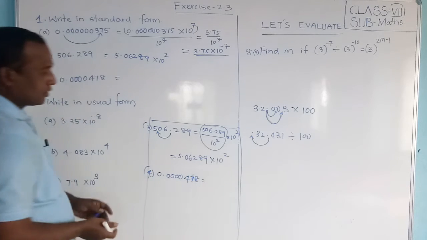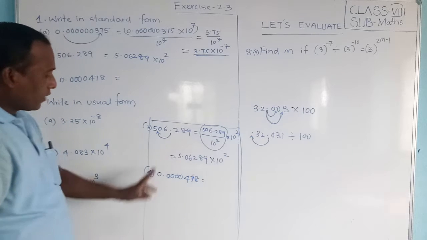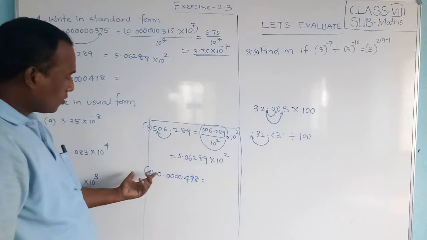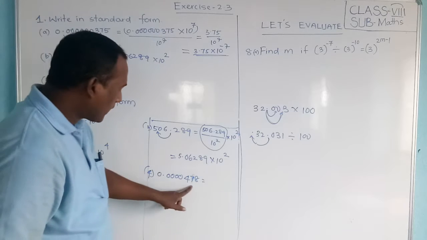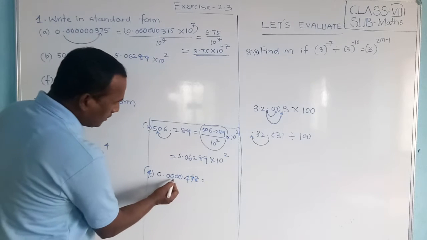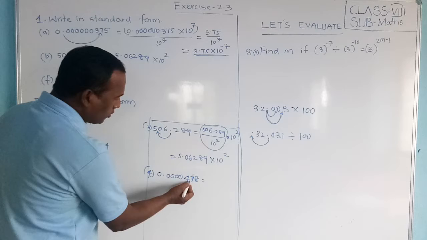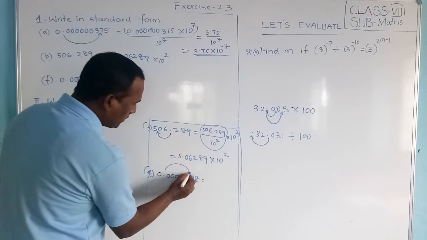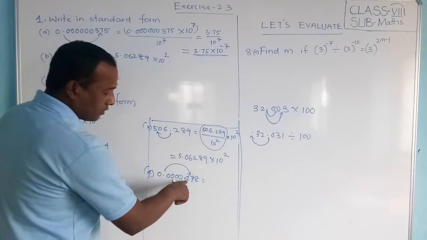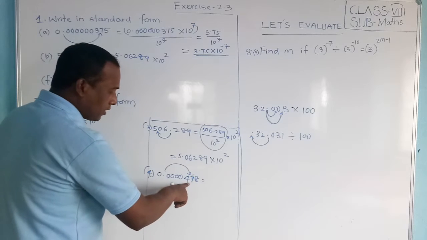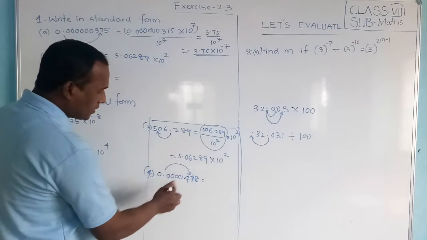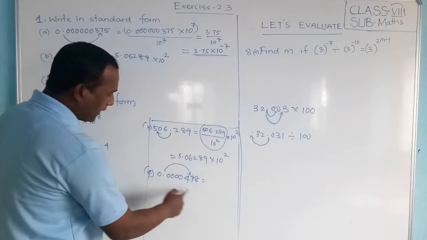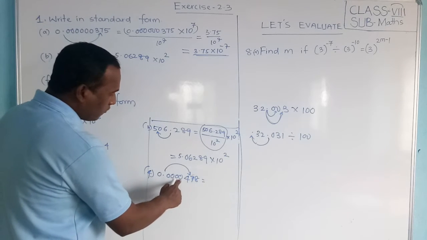First of all, you realize here, where is the decimal point? Here. On the left side there are no numbers, no natural numbers. So it will go to the right side, up to here. Here not, here not, here not, up to here it should come. The decimal point should come here because after one natural number you have to put the decimal point. So how many decimal places are coming to the right? 1 2 3 4 5.